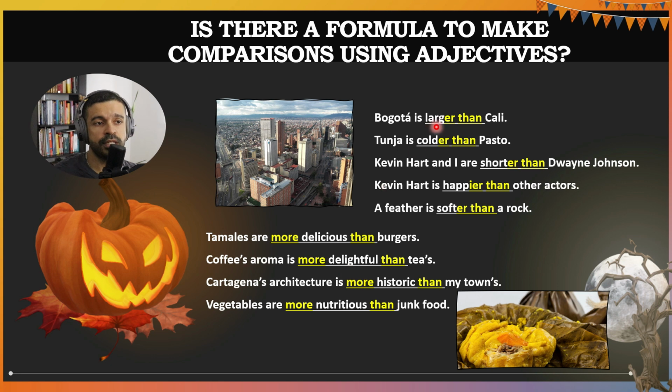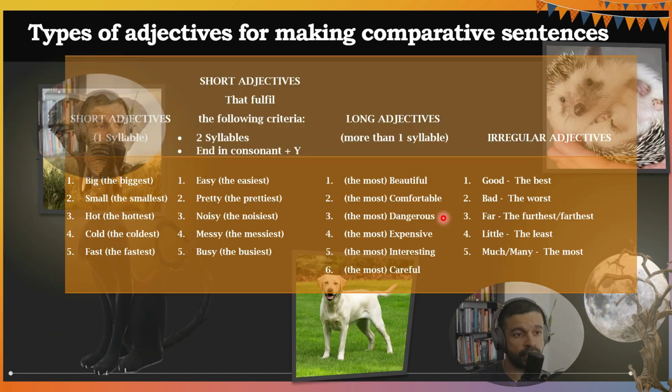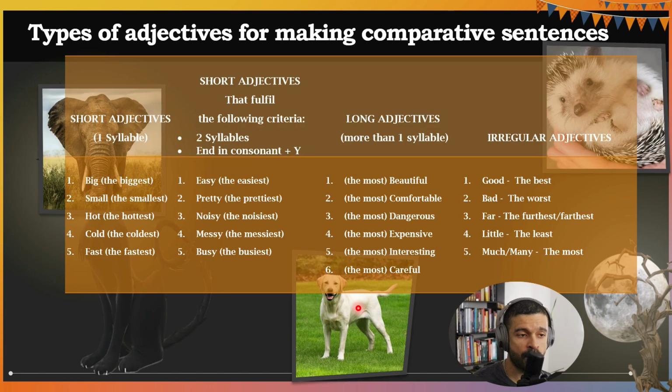All right, so in these five sentences, we are using short adjectives. And in these four sentences, we are using long adjectives. Notice what we use in common for these five sentences, and notice what we use in these four sentences. What is in yellow is what's common, what we use for making comparisons with these types of adjectives. Remember why I show you these four categories of adjectives: because we use them differently for making comparisons and for creating superlatives.